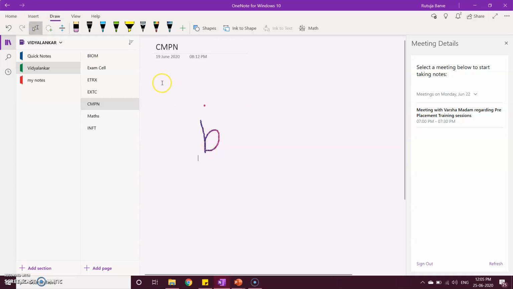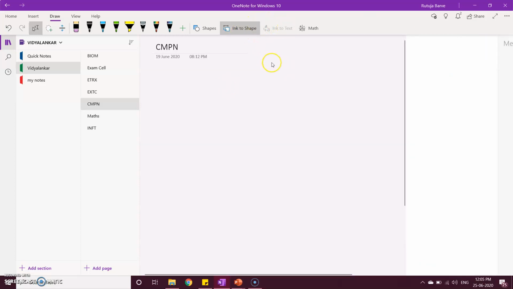B. If I select this and click on ink to text, let's try for the last time.